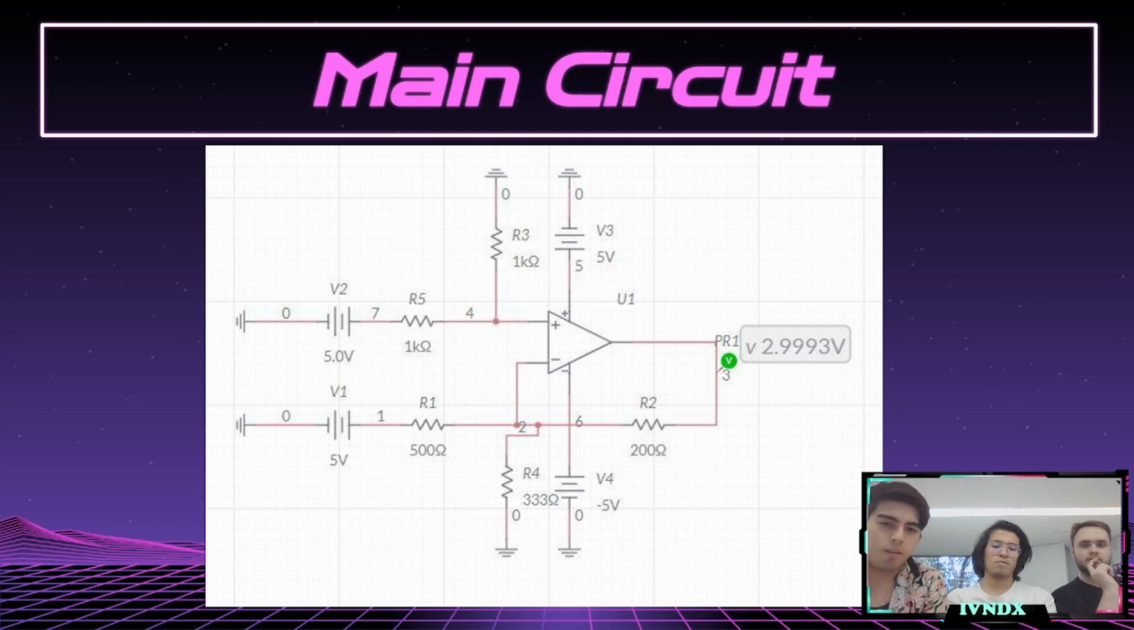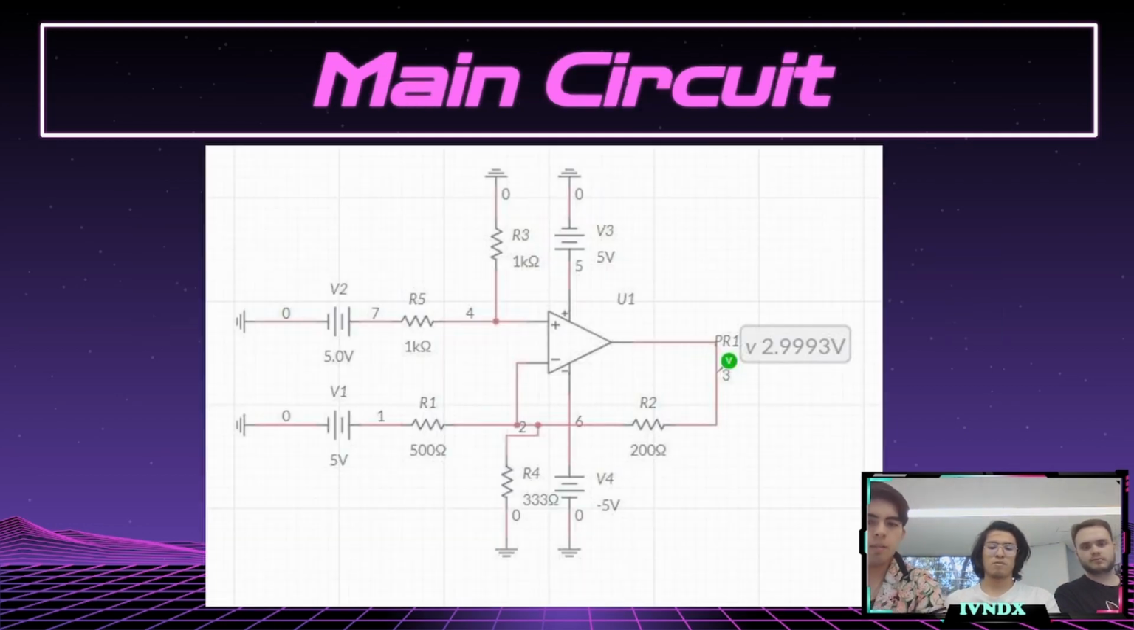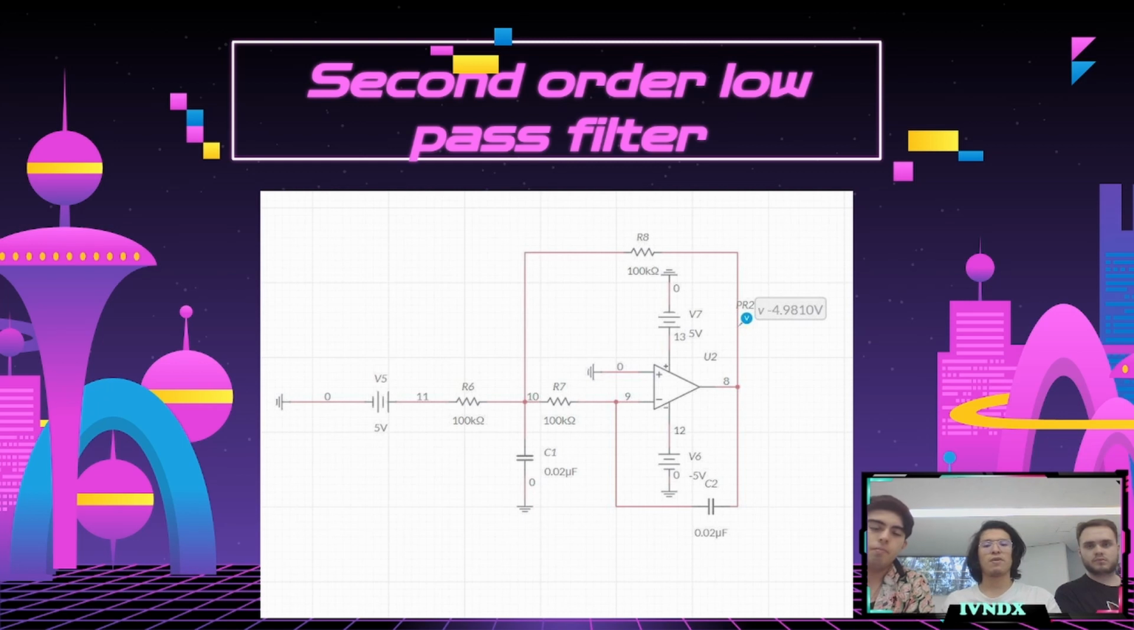The first iteration of this we tried to build didn't work as well because we didn't have the necessary resistances for the inputs, but using these formulas, we managed to figure out that our inverting input had to have a resistance of 500 ohms, and its feedback had to have a resistance of 200 ohms. Then, using the formulas for the second-order low-pass filter, we were asked to make the filter